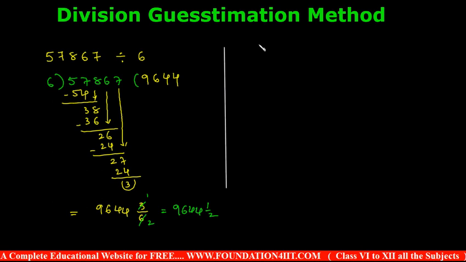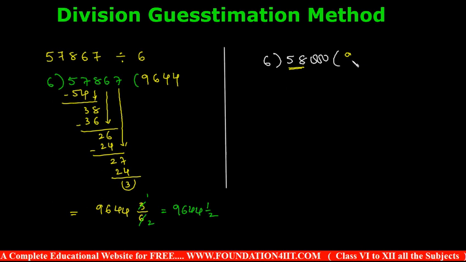But when you want to guess, this is 57,000 some change, 57,800 change. If you go nearest to the hundreds, 58,000, since it is more than 500, we can take it as 58,000. So let us guess this number as 58,000 directly and divide it by 6. When it's 58,000, we need not do normal division. Just keep 58 in mind.